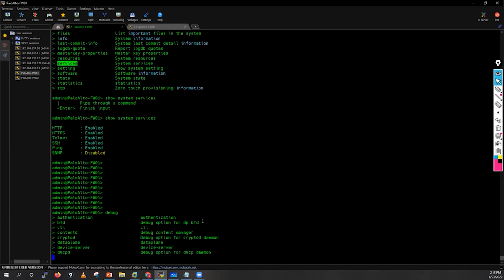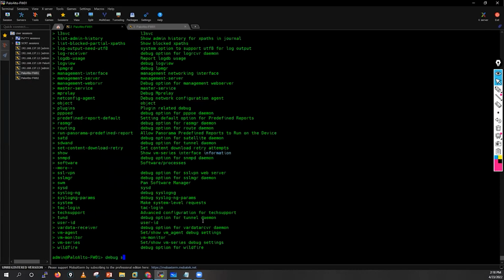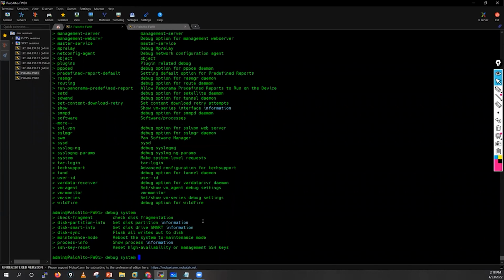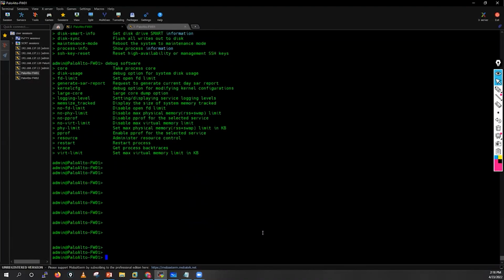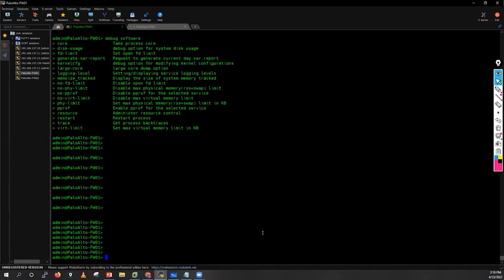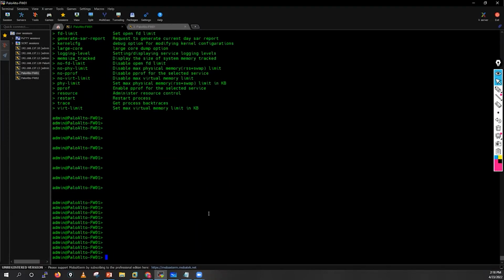Command starts with debug only, debug system, debug software. Not that one. Not an issue. That command is not on top of my head right now. There is one command which we generally use to check the logging level. Not an issue. If I remember, I will run that particular command. Okay. Now,